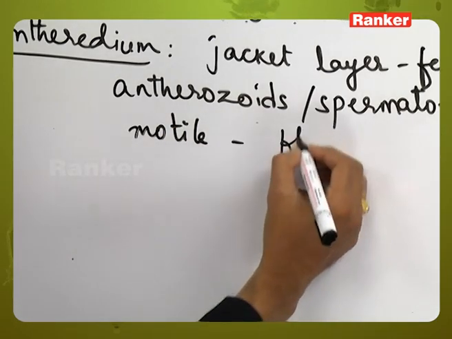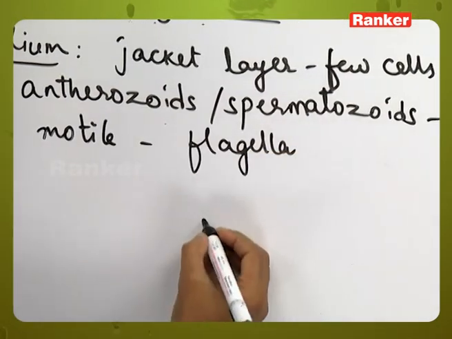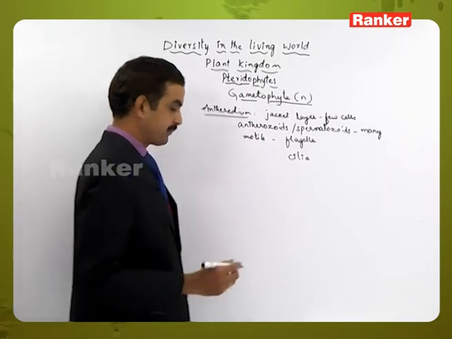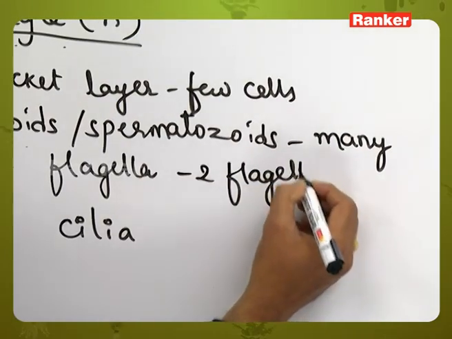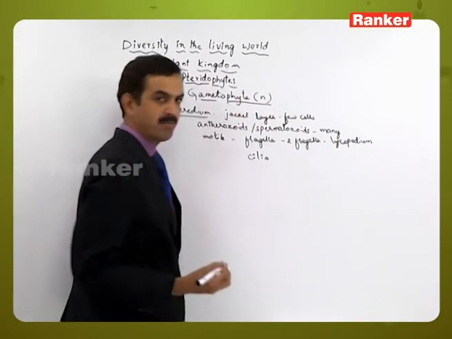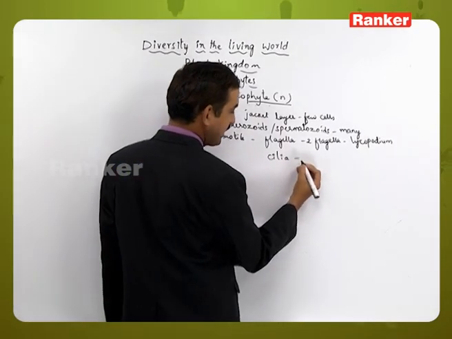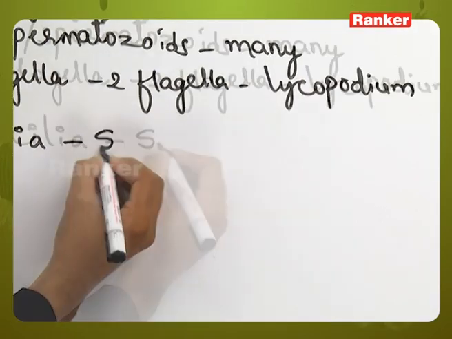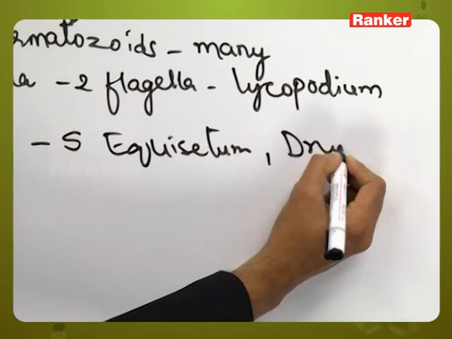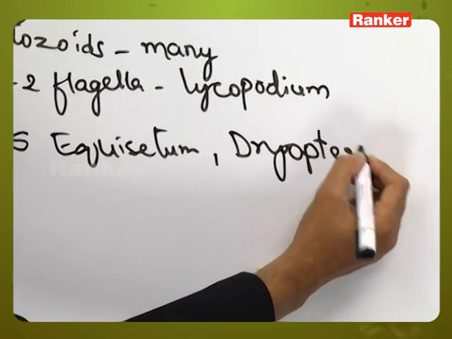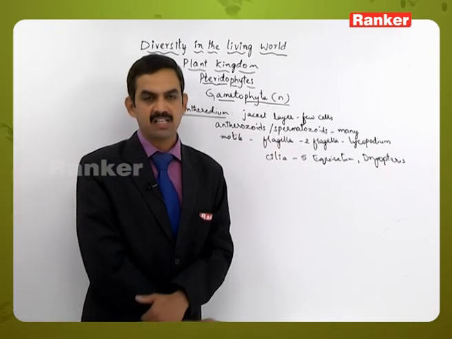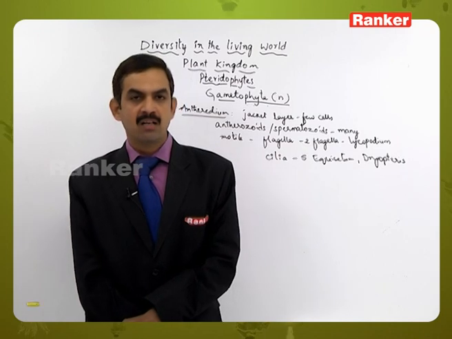They may be motile due to the presence of flagella, or in some of them they may have cilia also. Two flagella are present in examples like Lycopodium, whereas many cilia are present in examples like Equisetum and Dryopteris. So they may have flagella or cilia, but the thing is they are motile, and for sexual